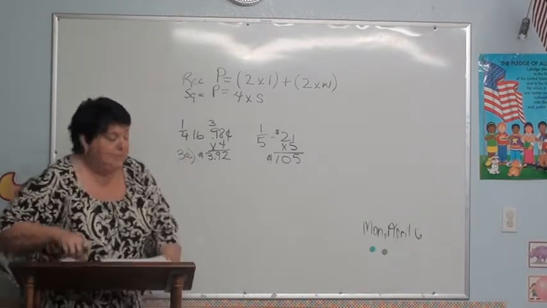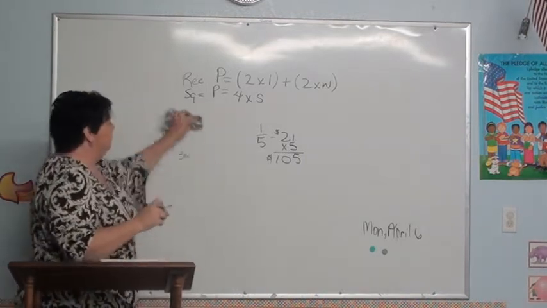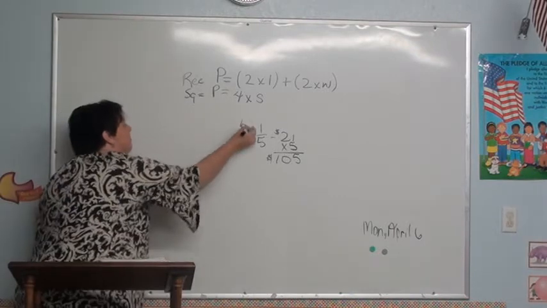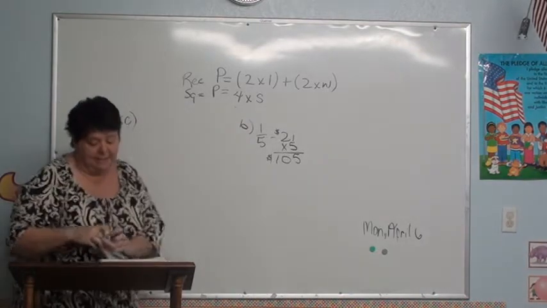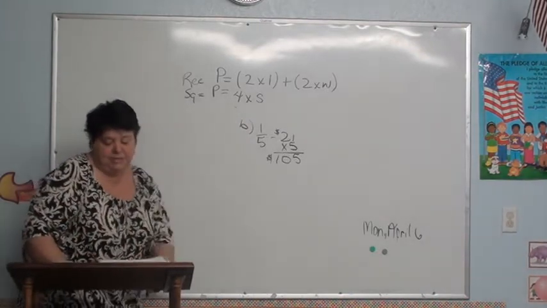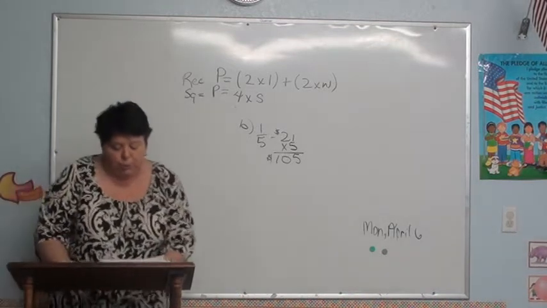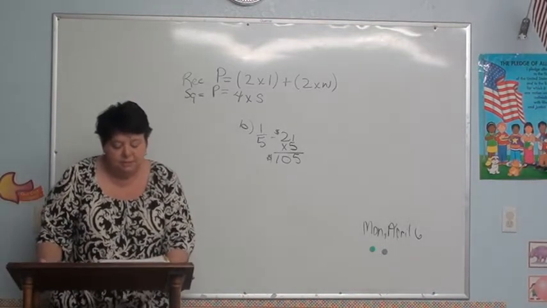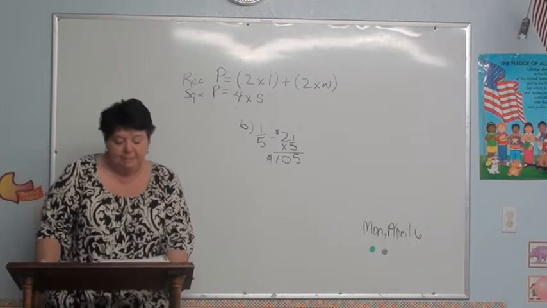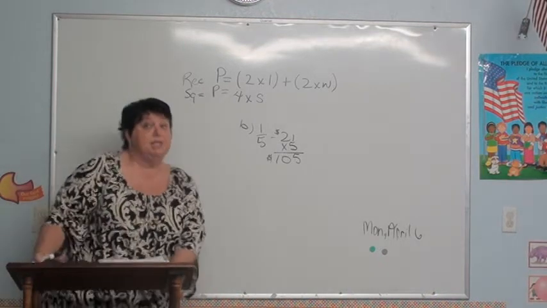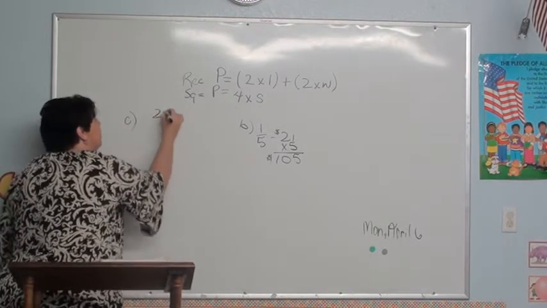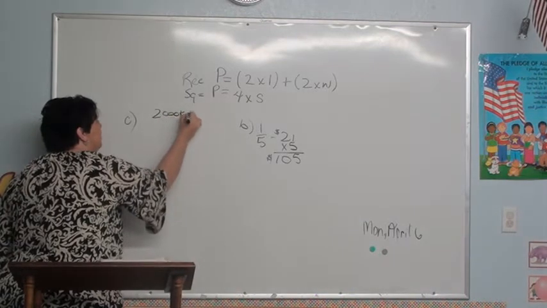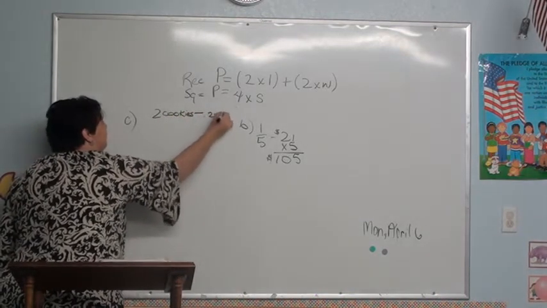Are you ready to do C? Write that down for B. Now we're going to do C. The high school seniors sold cookies at school to make some money to send to the Floyds, who are missionaries in Mexico. If 2 cookies cost 25 cents,